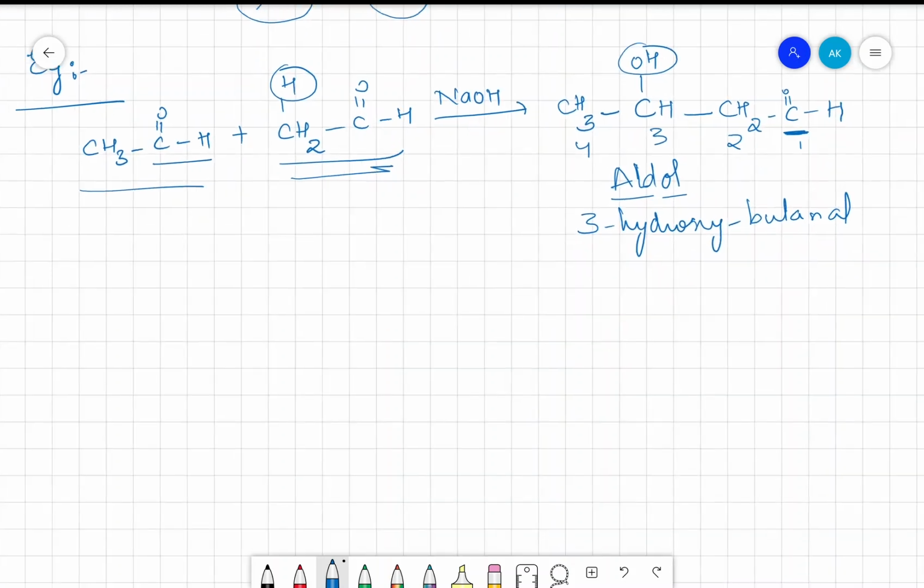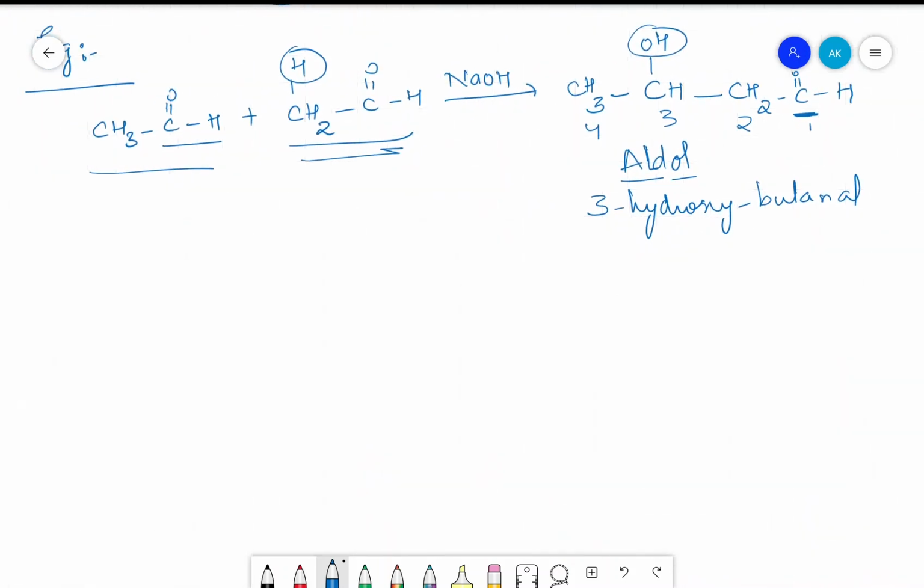So what happens in this particular reaction is we are using two aldehydes. As we have discussed before, this aldehyde also contains alpha hydrogen, and this also contains alpha hydrogen. This is your functional group, this is your alpha carbon, this is your functional group, alpha carbon. Both of them contain alpha hydrogens. Let's discuss one more scenario, where one will have alpha hydrogen and one will not, in this present session.